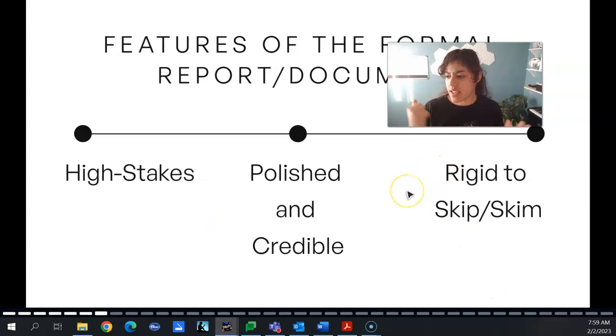And then last, they tend to be pretty rigid, so that people can skip and skim. Information dense, people looking to make a decision, and people high up in your company, they want to go to the section that they know and expect should be there. And we need to make it very easy for them to skip and skim to that information. So we have a lot of expectations in this genre, not a ton of room to play around. This is not really the time to get very creative in what you're calling your headings